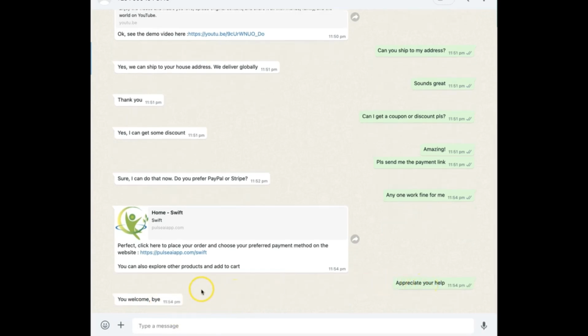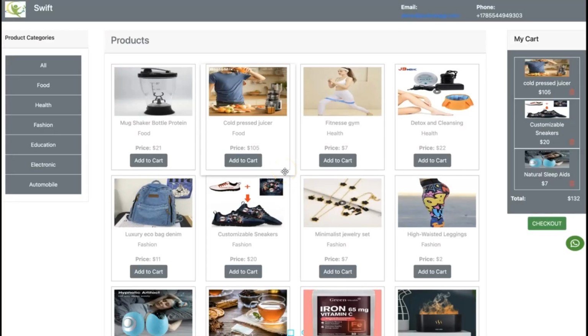Appreciate your help. You're welcome. And the best part is that the AI chatbot works 24/7 for you, so your customers can click here to make payment for the product. This is truly amazing. The AI chatbot closes the sales for you, chats with your customers, and handles all the sales for you. So your customers can click here to check out,